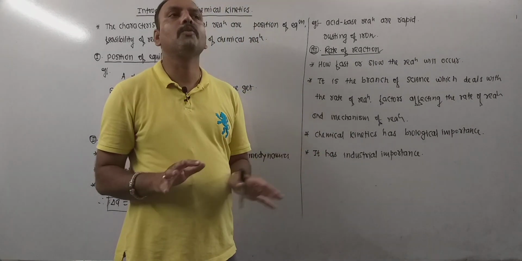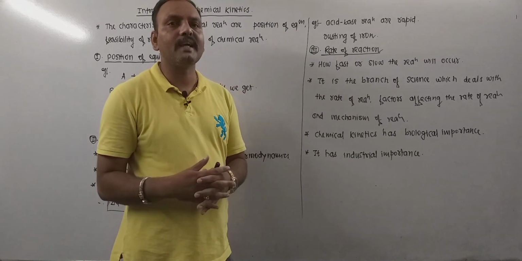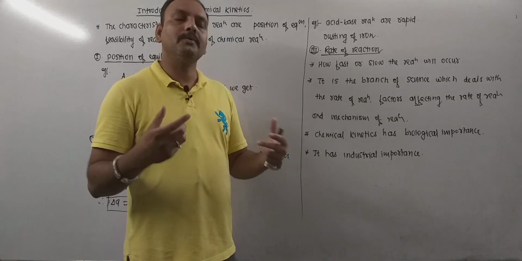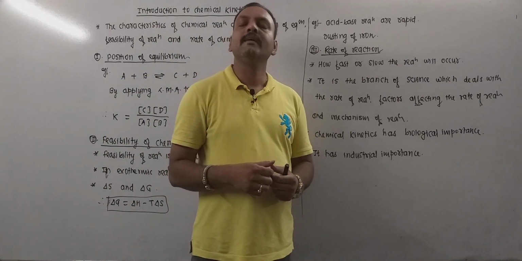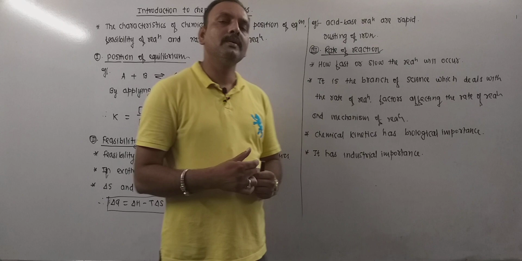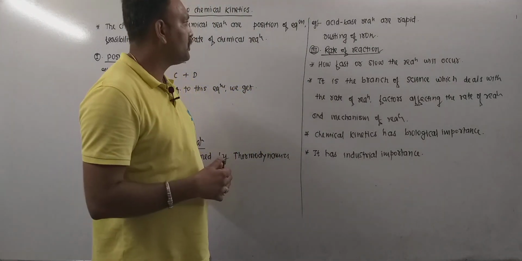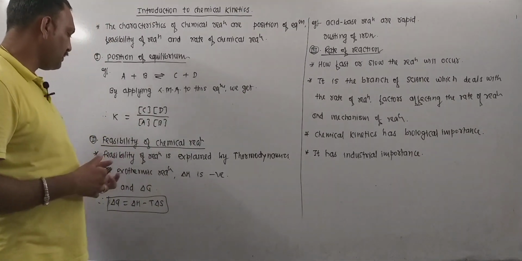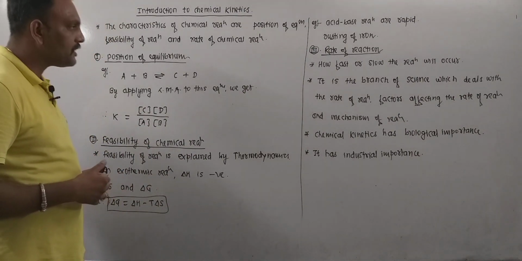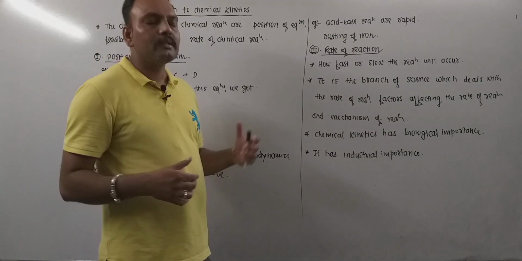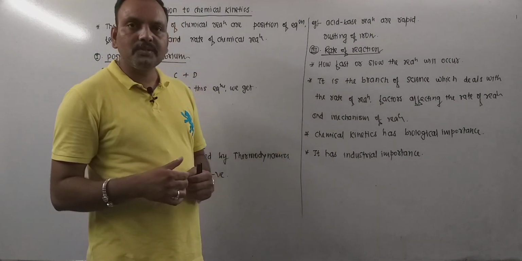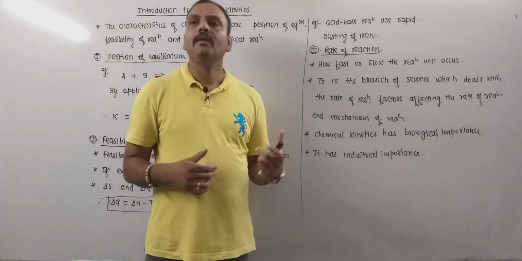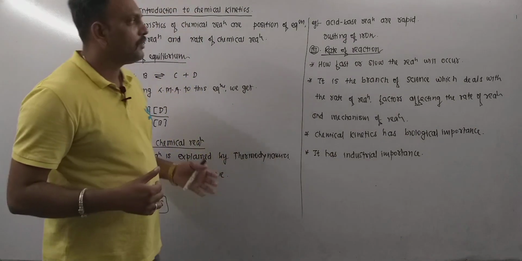So it will not be fruitful to conduct a slow chemical reaction in order to prepare any sort of product. Therefore, we prefer an alternative pathway to prepare a number of chemicals. So in this way, in chemical kinetics, we are very interested in the rate of reactions, factors affecting the same, and the mechanism of the chemical reaction.